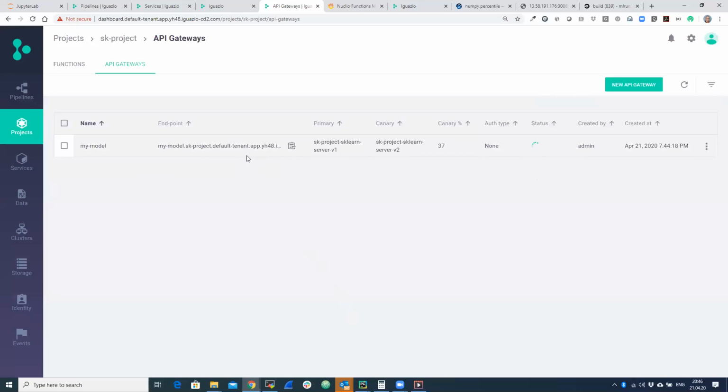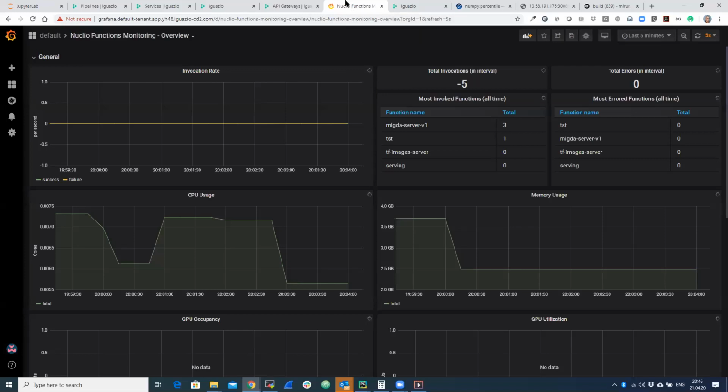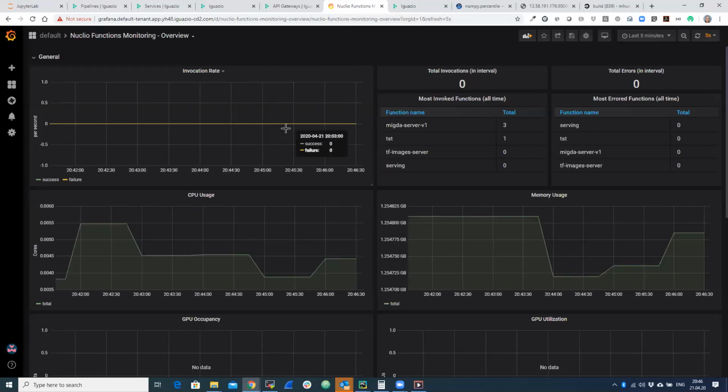So I have 2 functions that run together. One of them is getting most of the data. The other one is getting less. If I want, I just change the ruler, and I have this function. By the way, if I want to monitor my function in a standard tool like Grafana, I just open Grafana, and I see CPU utilization, GPU utilization, model drift behavior, etc.